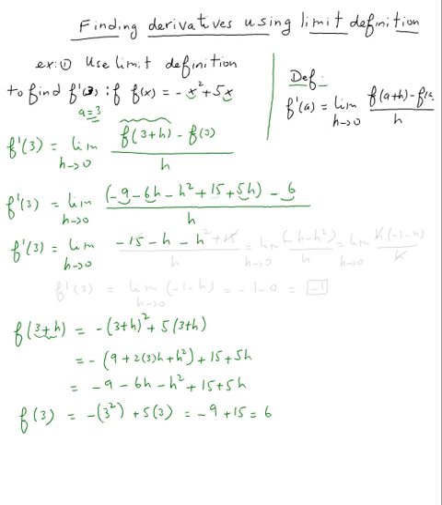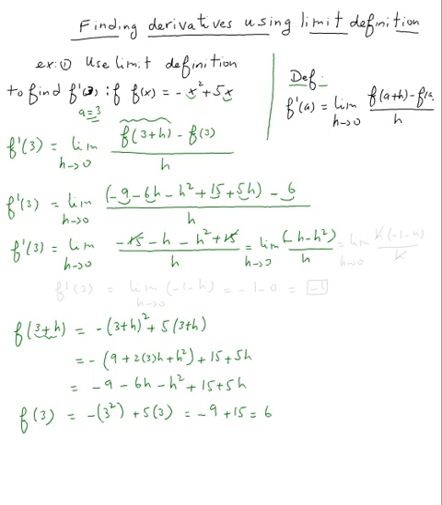And then minus h squared, and then plus 15. Everything is divided by h. Alright, now minus 15 plus 15 cancels also, so we have the limit of minus h squared over h as h approaches